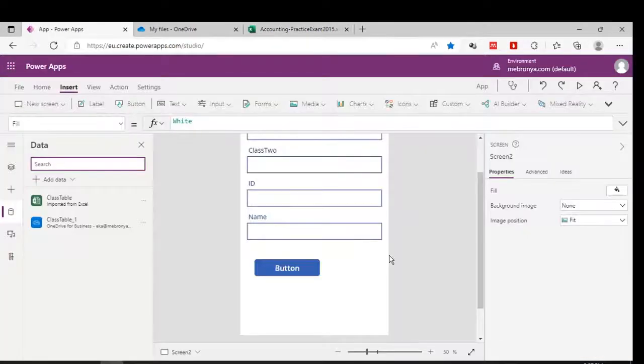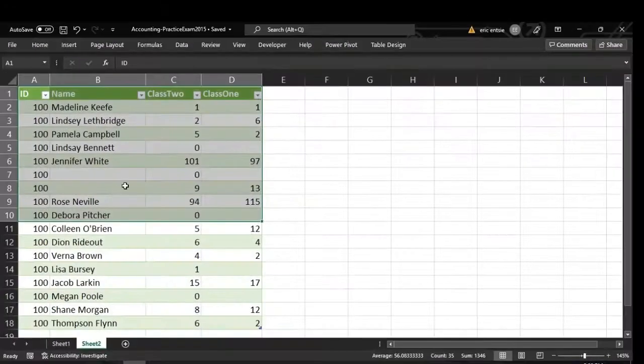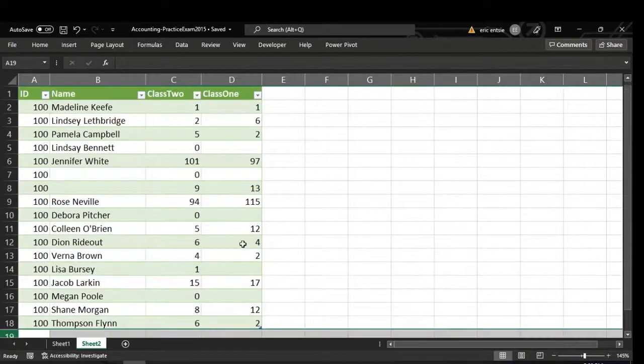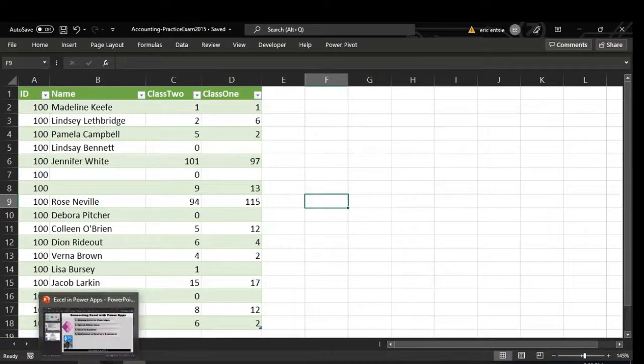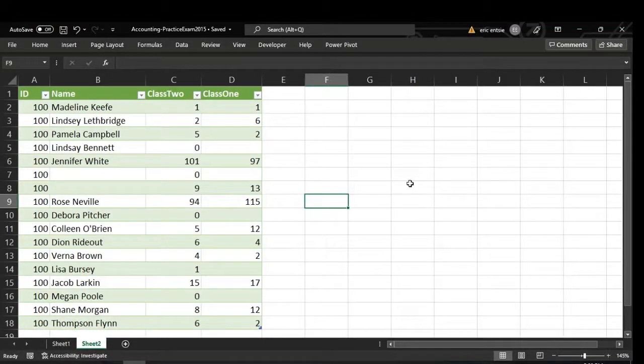Okay, so this is how you connect Excel online, and with this you'll be able to edit and add new records, unlike the uploaded Excel, where you won't be able to update the existing records, and you also won't be able to add new records to it. Okay, so to move forward, we are going to look at some of the limitations of using Excel as a